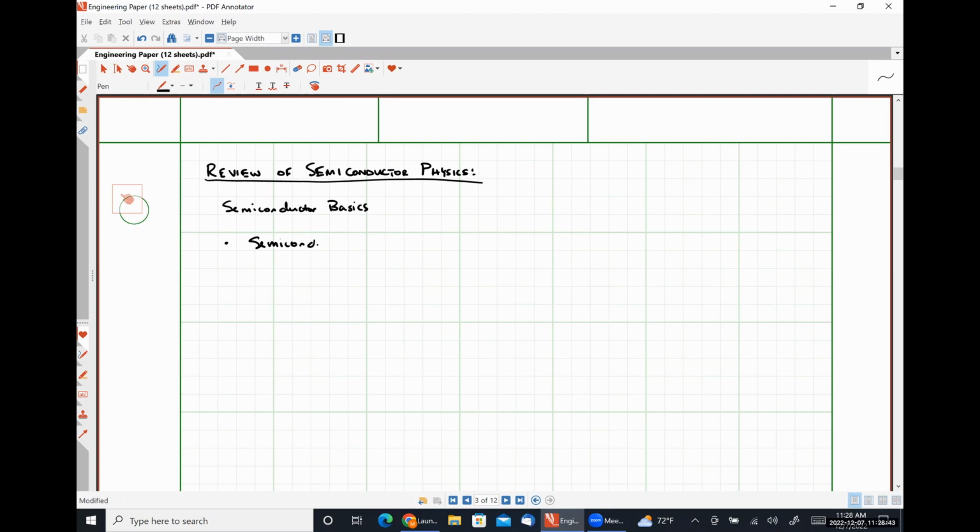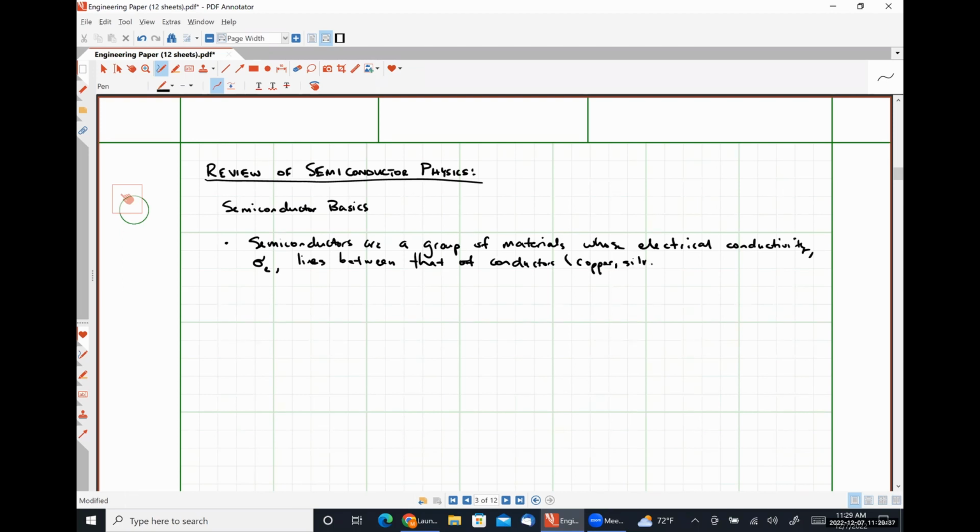Semiconductors are a group of materials whose electrical conductivity, sigma, and I'm going to put sigma E here, lies between that of conductors like copper and silver,